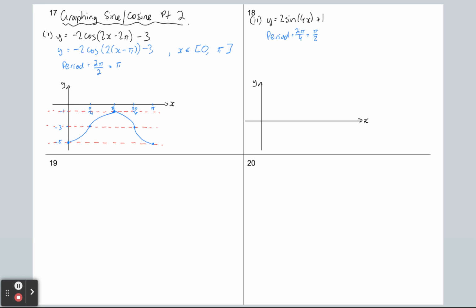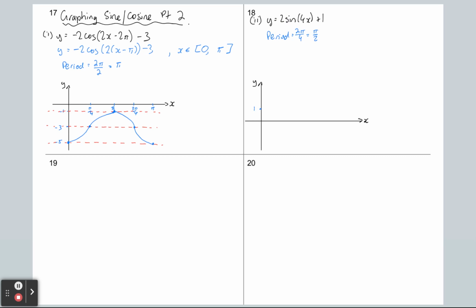I then need to take into account this plus 1 here. So again, the center line gets moved up by 1. So I'm going to make it, say, about here, like so. And then I'm going to take my amplitude and add and subtract the 2 from 1 to get